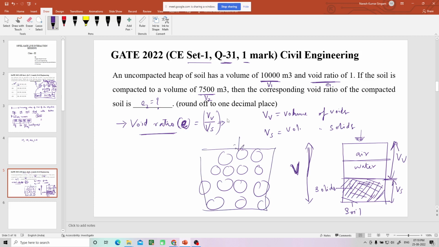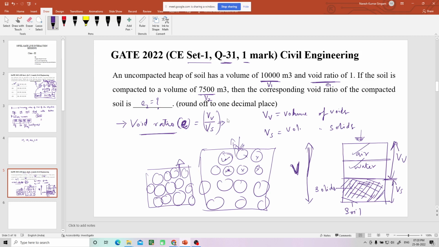What will happen when you apply load? These particles get closer, that means air is getting out. After applying load they can be compacted like this, they can be closer. Then air is getting out, that's how it is compacting. Here air or water, anything can go out, but these are the solids,